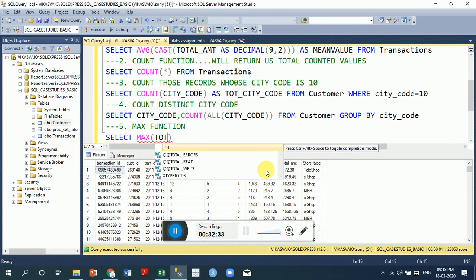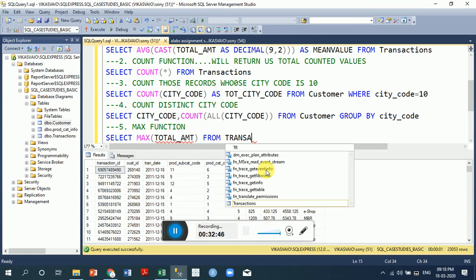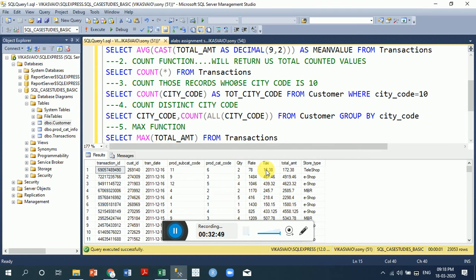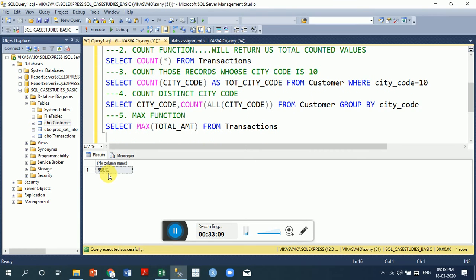The total amount from transactions. If I run this query, it will give me 998.92. This is the maximum transaction amount done so far,